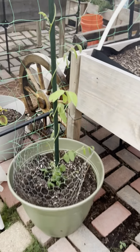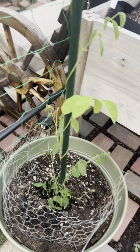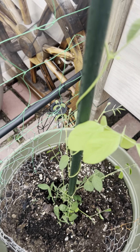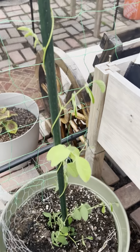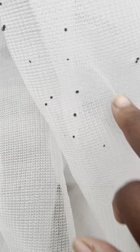Now this is a blue pea tea. It's going to make that purple lemonade and has the blue flowers, and you can see it's wrapping around. I didn't do that. It's wrapping itself around the pole. I don't know what these black things are. I don't know if they're insects or what,